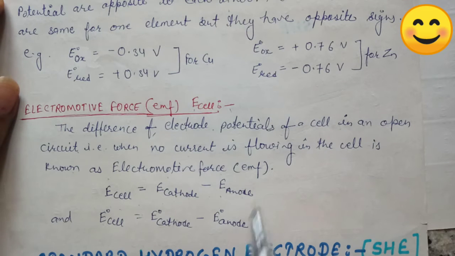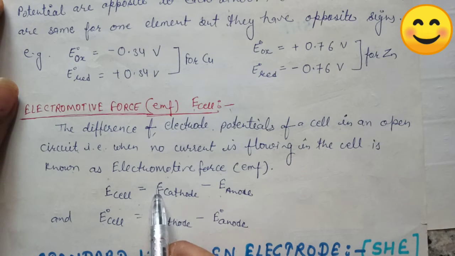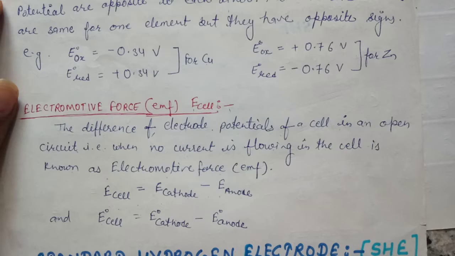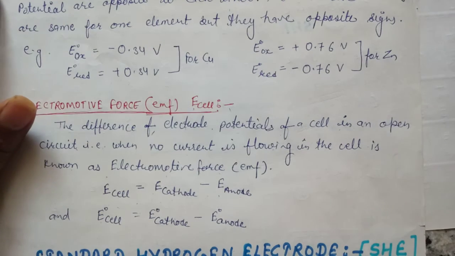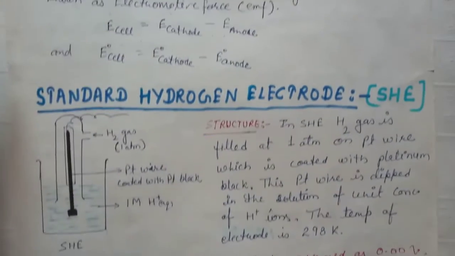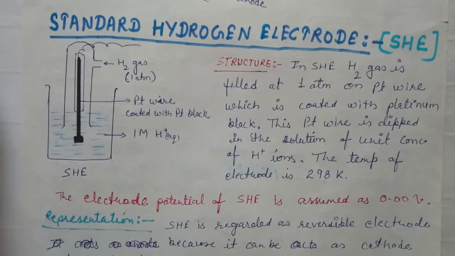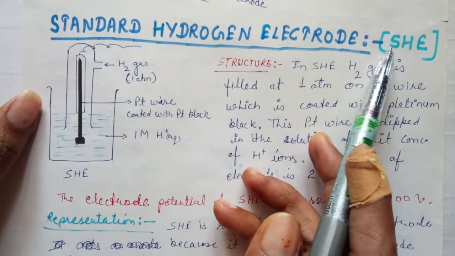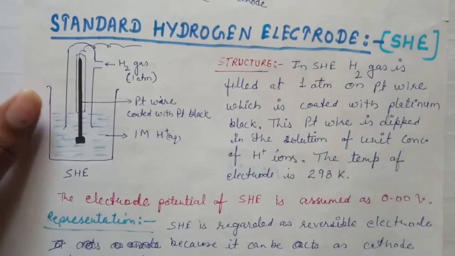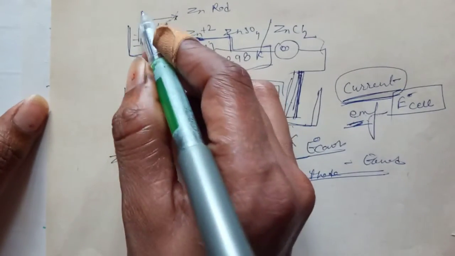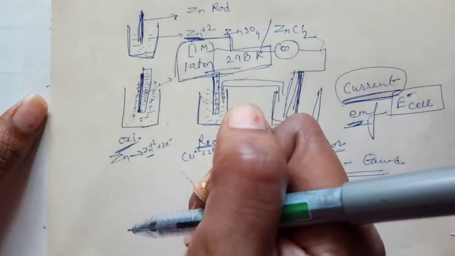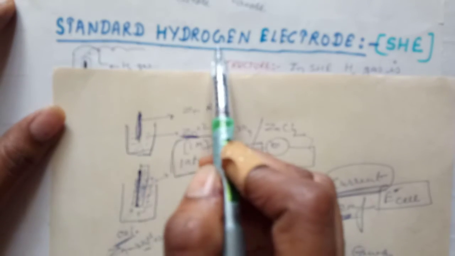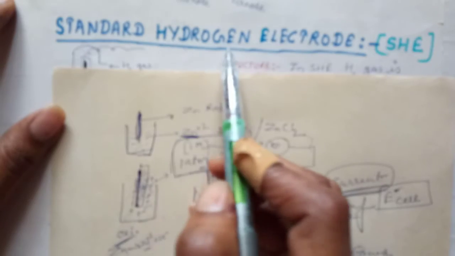Now we have to know what E means: electrode potential. What are the values of the electrode potential of the different electrodes? For this purpose, we have to discuss the standard hydrogen electrode, which was already discussed in 11th class, also in the oxidation reduction chapter. The standard hydrogen electrode, also known as SHE. I have told you that an electrode means any metal rod dipped in its cationic solution. And now I am saying standard hydrogen electrode. Hydrogen is a gas, not a metal. How is it possible to make a hydrogen electrode?